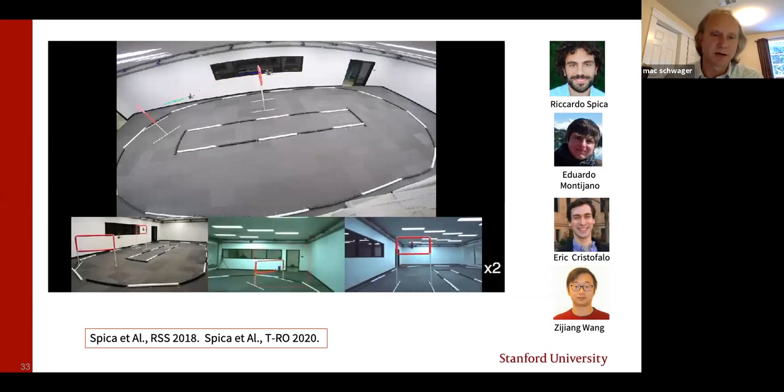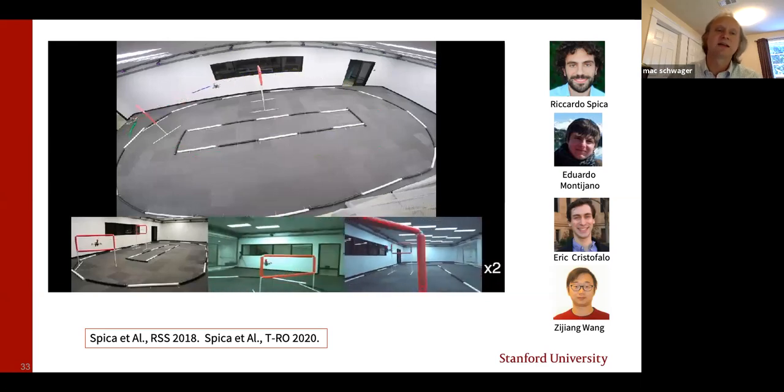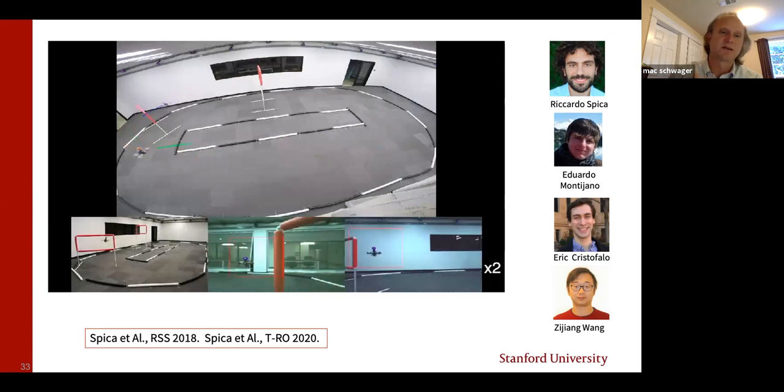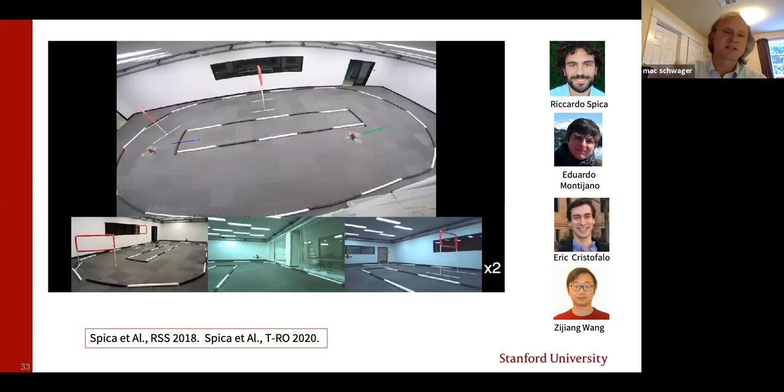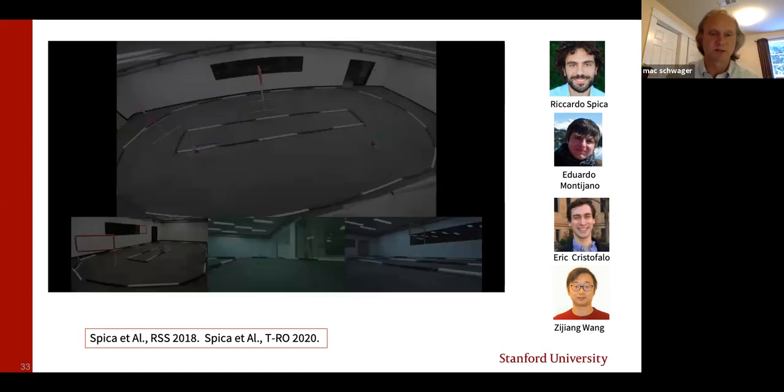And you can see that the game theoretic planner, in fact, I should say here that the green drone has a slightly higher top speed, but starts earlier in the race, right? Starts with a disadvantage, and he is able to overtake the blue drone. If you flip the tables, I don't show the movie here, but if you flip the starting position and the top speed so that the blue drone starts behind, but with a higher top speed, he will not be able to pass the green drone.